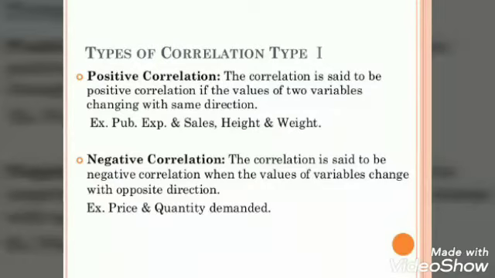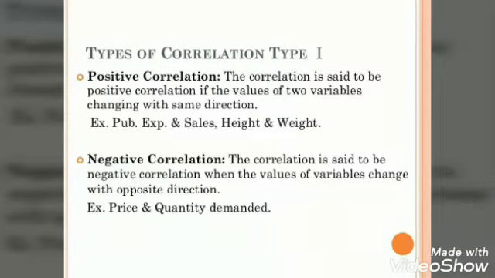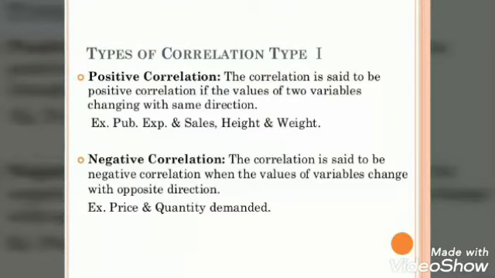Now children, here I want to tell you one thing more, that students tend to believe that correlation suggests a relationship between the two variables where they have a cause and effect relationship, but this is not at all necessary. Okay, they could be related, but their relation does not mean that they have a cause and effect relationship. Correlation just measures the degree of intensity of relationship between the two variables. They may have a cause and effect relationship, or they may not.